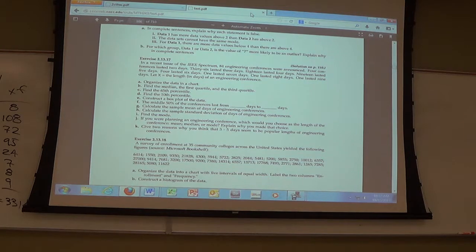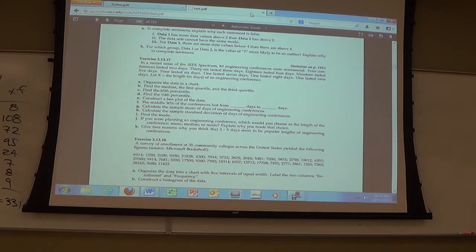So the average would be that share. Good, I like that. So we go with mode. A vote for mode because it's the most common one right now anyway. So 3 days is the most common one. It's twice as likely as the second place one, which is 4. Okay, and the fifth place one.